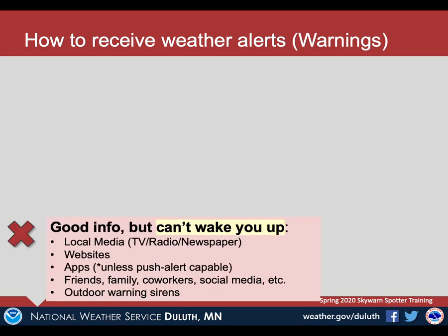So some of these options, like local media, websites, certain apps, and outdoor warning sirens are good, but they might not wake you up. Your local TV meteorologist is a great source for weather information, but they can't wake you up in the middle of the night. You can tune to them when you're woken up, but they're not going to be able to help wake you